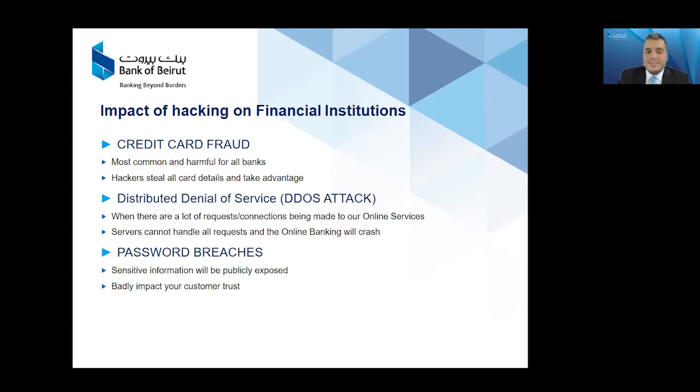Password breaches كمان كثير خطره، لانه بس ينعرف password for example شخص عنده access على confidential information، so الباسورد تبعه صار معروف، يعني الهاكر صار بيقدر يفوت يشوف confidential information. نتذكر انه الهاكر he is an unauthorized user، so ما بحق له يشوفه، فبس صار عنده access لانه صار عنده الباسورد for example ل head of department، لحدا بيشتغل بالسويفت for example، any critical application، صار عنده access على sensitive information، صار فيه يسحبهم، صار فيه يحطوا مطرح ما بدهم، يبيعون، يحطهم for free، وهيدا it will badly impact الكاستمر تراست. الكاستمر تراست نحن دائما اهم شيء عندنا انه الكاستمر يكون عنده تراست بالفاينانشال انستتيوشن، سو طالما عم نحمي in terms of security، طالما هالتراست قويه بيننا وبينه.